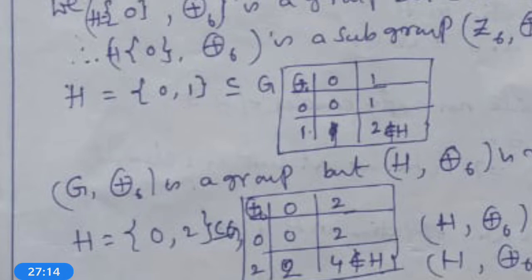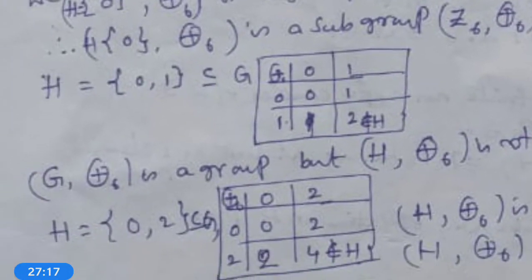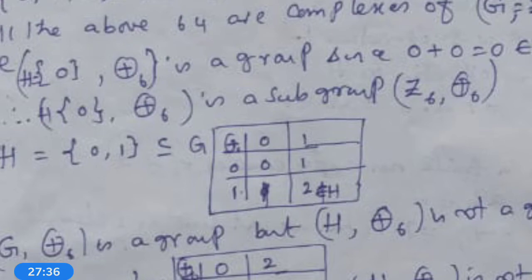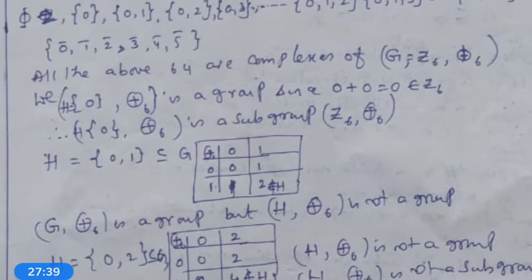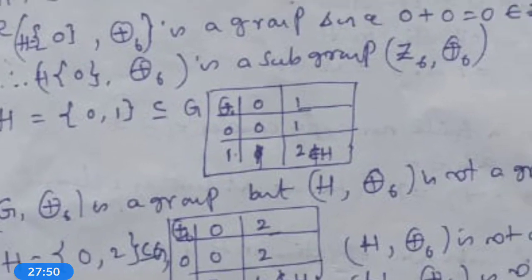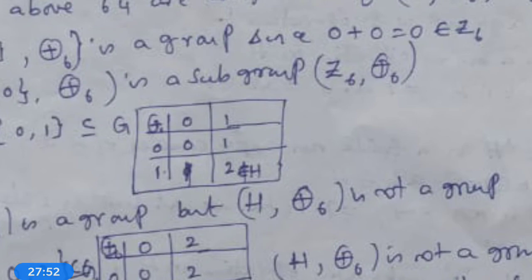Now, H is equal to singleton set {1}, {2}, 1 bar, 2 bar, or {3 bar}, etc., singleton set {5 bar} are not subgroups. Because of the above conditions, that is closure, associative, identity and inverse, any or some of the properties may not be satisfied by the 5 subsets. Therefore, only the singleton set {0} is a subgroup among singleton sets.